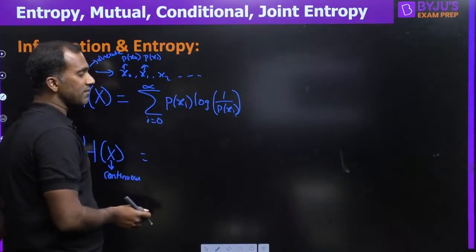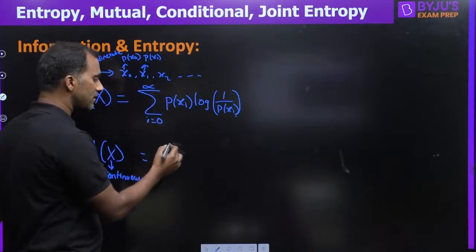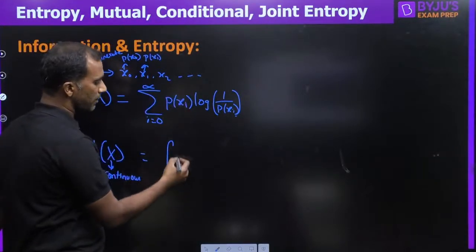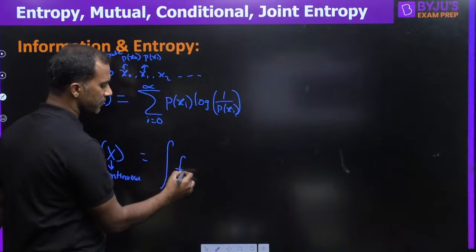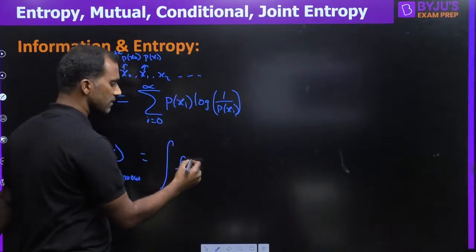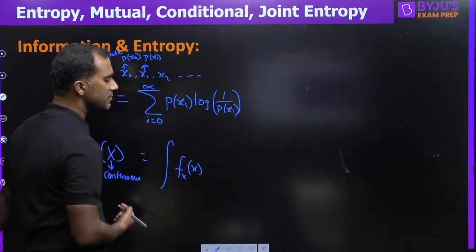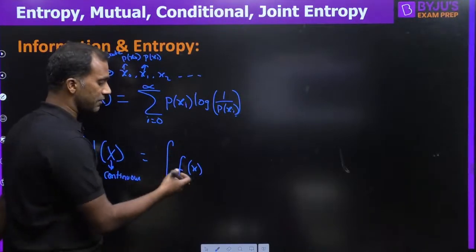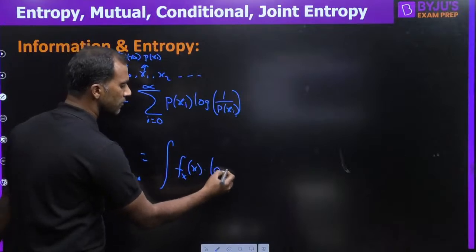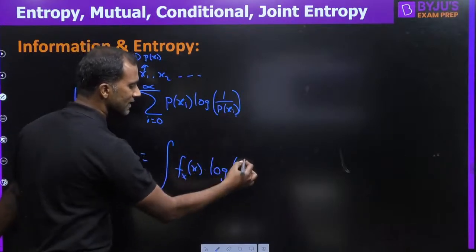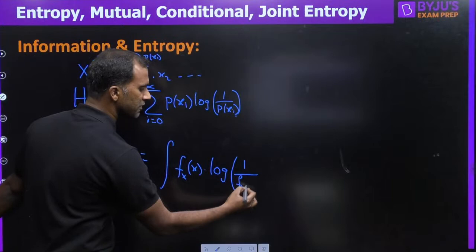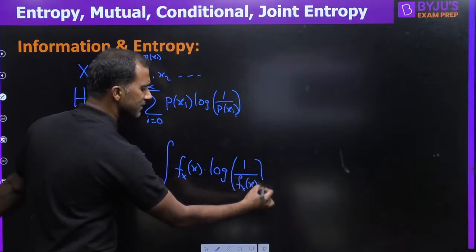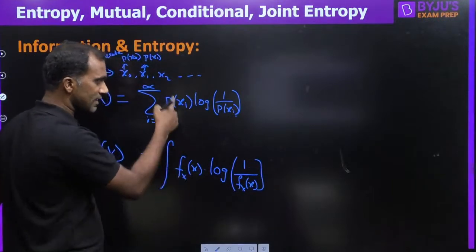Since it is not a discrete variable, summation is not valid. We have to use integration. Instead of p of xi, we have to use PDF. Yes, this is also PDF only, because we do use continuous PDF. Continuous PDF in general, we denote it as f of x or fX of x, into logarithm of, instead of p of xi, we will write the continuous probability density function. A simple difference. The idea is the same.